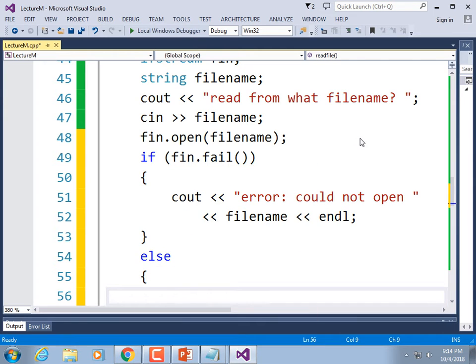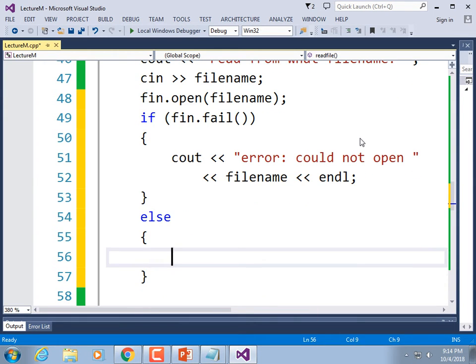Else, we have a good file. It's got 5 pieces of data. We could just write a loop that will read everything from it. Let's do that first, and then we're going to yank the loop away and read in the individual pieces of data, because they don't all mean the same thing. Two of them are words, and then three of them are numbers. So just writing a loop that reads all 5 of them wouldn't make much sense, but for a first go,